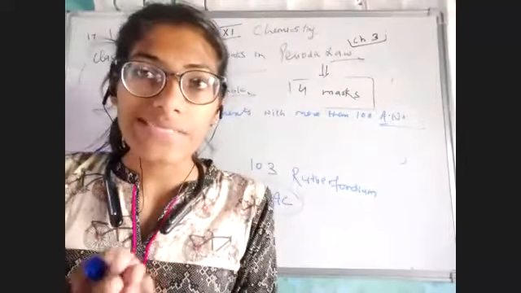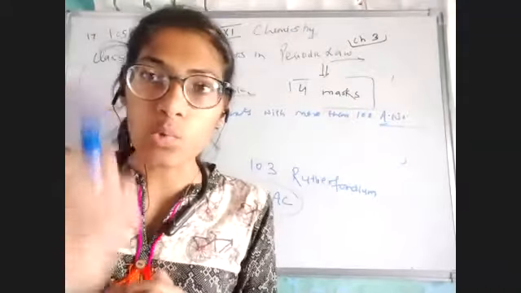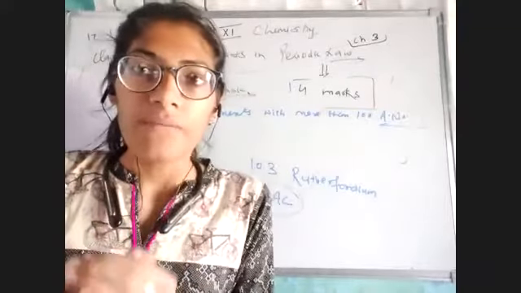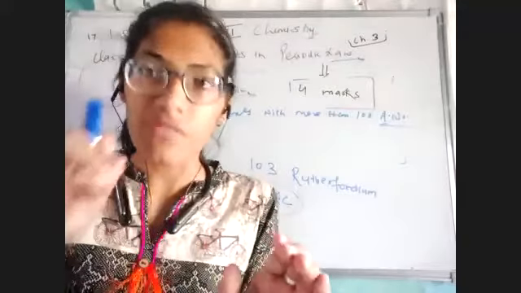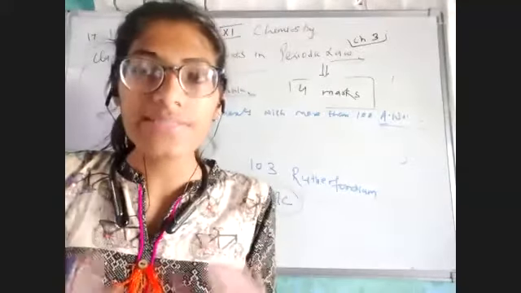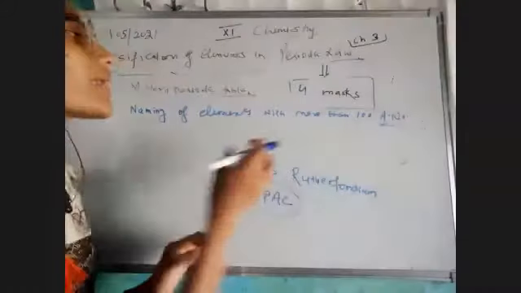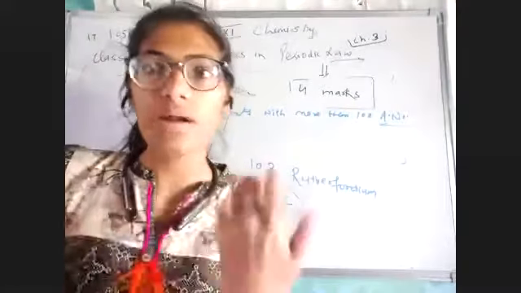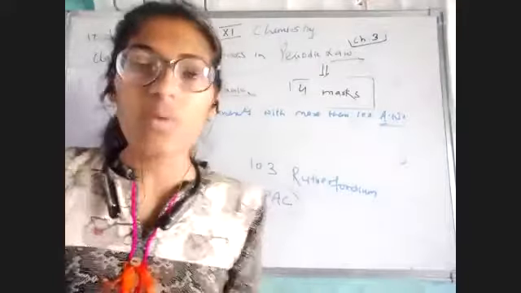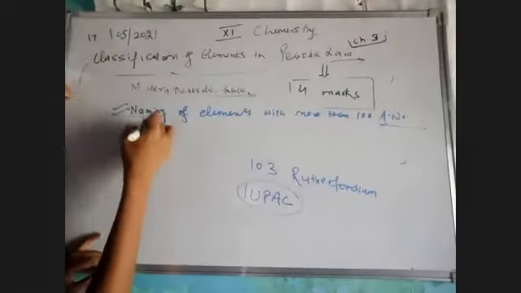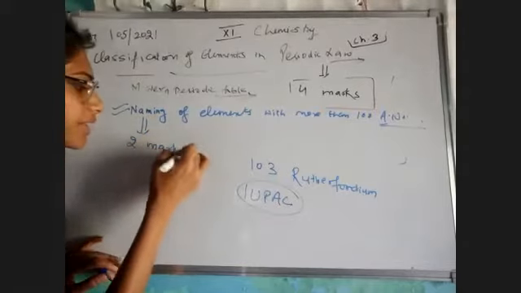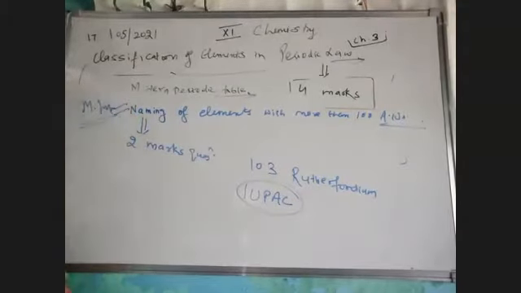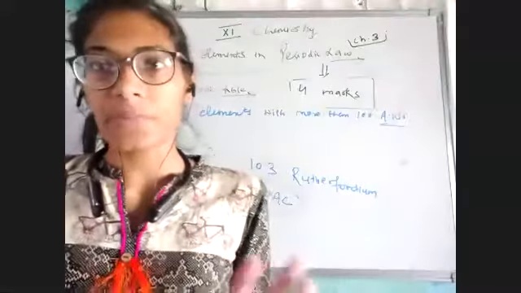Okay, so basically that organization gave us a rule, a table of rules, on the basis of which we have arranged our elements in the form of a particular name, which was valid for everyone, everyone had to accept it. And the best point is this is valid only and only for those whose atomic number is more than 100. That is 101, 102, 123, 127 and so many. Okay, so the point here is this topic of yours would come in your 2 marks question 110%. All right, so this topic is done, and we have made our 2 marks sure from this chapter.